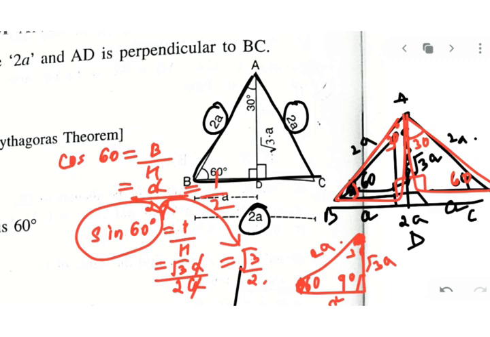This is the derivation. I have just given you sine 60 and cos 60. You can find cos 30. You can find sine 30 also from here. And once you get the value of sine and cos, you have to just divide sine upon cos and you will get tan. Got my point clear?